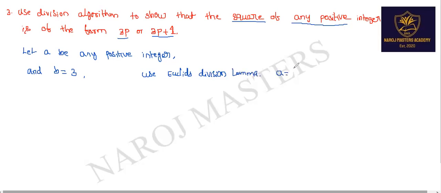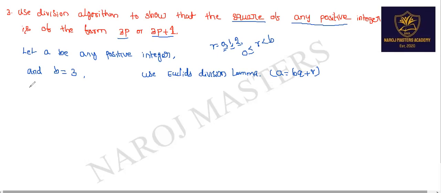That is a equals bq plus r. Now substitute the value of b. What is the maximum value of r here? We have only two terms, but we can take r up to 0, 1, 2. One minute. Look here. Why? Because r is less than b and greater than or equal to 0, that is, 0 is less than or equal to r is less than b. So r is up to 0, 1, 2. So we have only two terms here. So let me take r equal to 0 and r equal to 1.